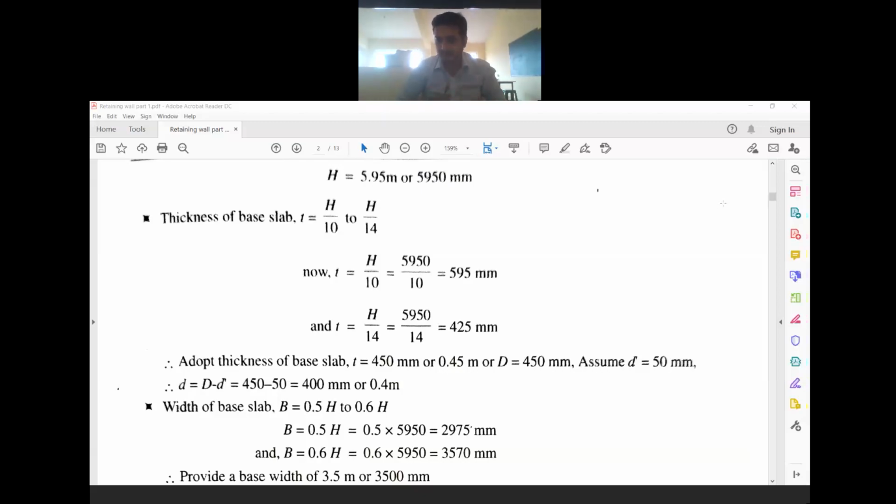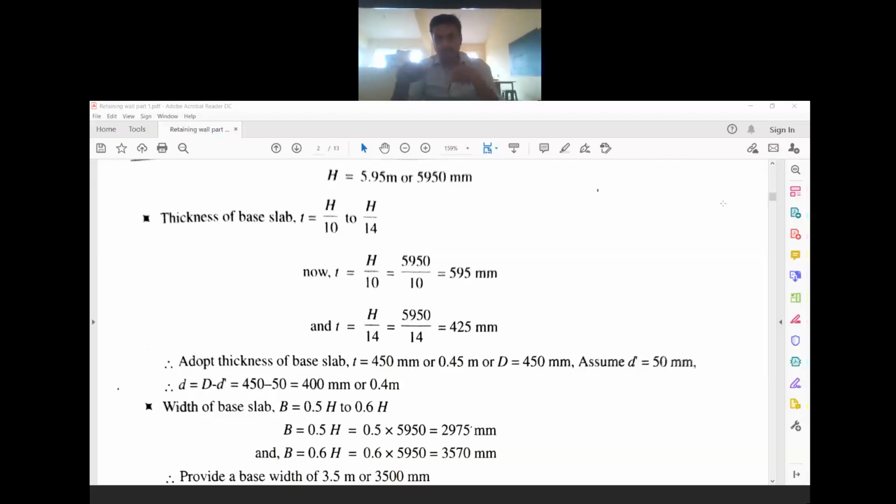Okay. So next step we shall find the thickness of the base slab. For calculating the thickness of base slab, we have this formula. So the thickness of the base slab should range between h by 10 to h by 14. So h by 10 to h by 14 ಈ ರೇಂಜ್ ಅಲ್ಲಿ ಇರಬೇಕು thickness of the base slab. So it should not be more than that, it should not be less than that, it should be between that